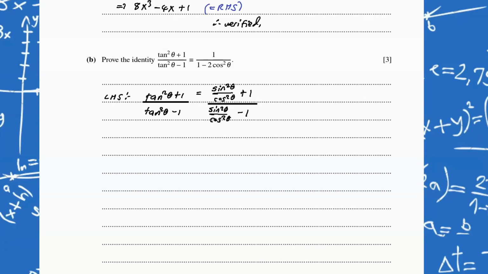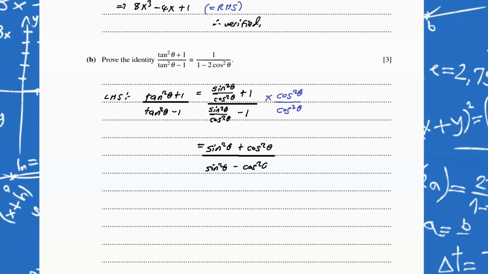Now we are going to multiply by cos squared theta over cos squared theta. If we do, multiplying cos squared theta by this top fraction, we will be left with sine squared theta plus cos squared theta, and at the bottom, if we multiply by cos squared theta, we'll be having sine squared theta